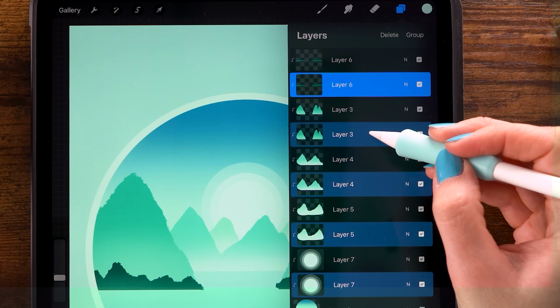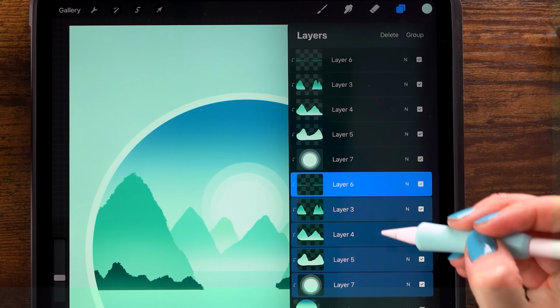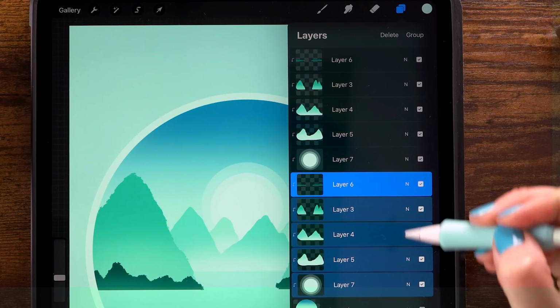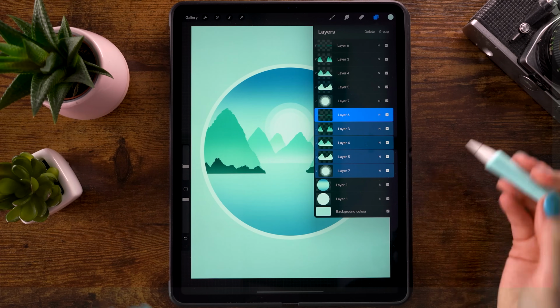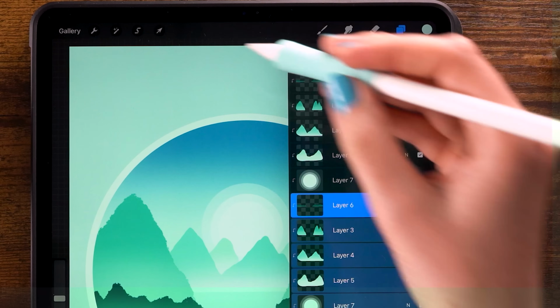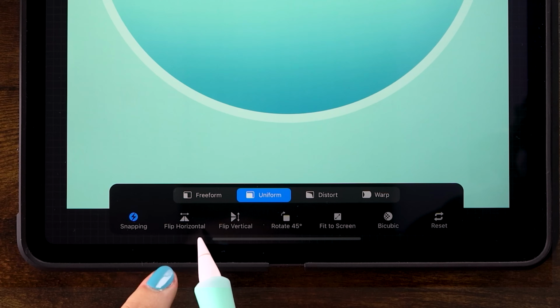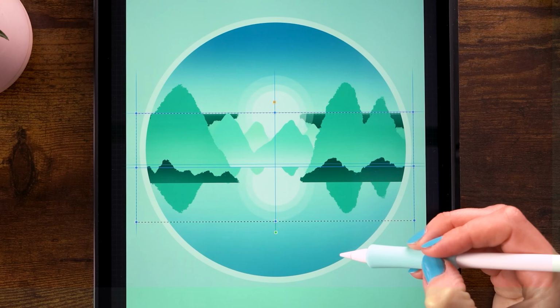And now we can move them underneath the other layers. So on top we have a set of these layers, and here we have another set of these layers. And now we are going to flip these. We can do that by going to the arrow while we have them all selected, and then go to flip vertical. Now we can drag them down,